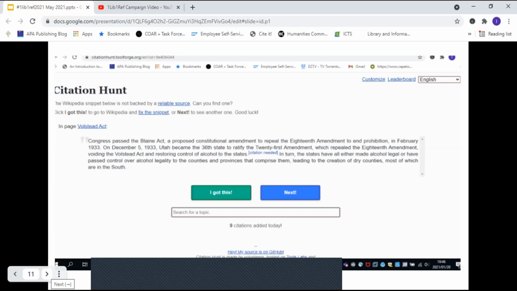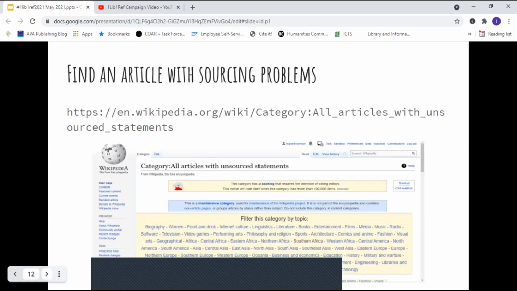Right. So there actually is a really useful web page on Wikipedia which lists a whole lot of articles with unsourced statements. And you can go there and say, all right, I want to look at what there is for Southern Africa, or what there is under food and drink. And you can pull up all those articles that are shouting "citations needed."